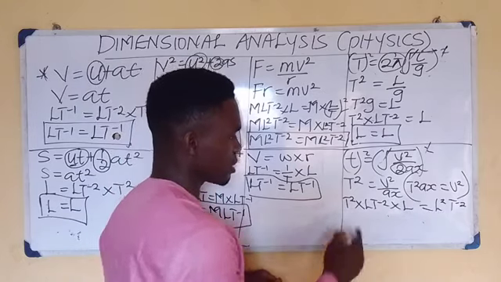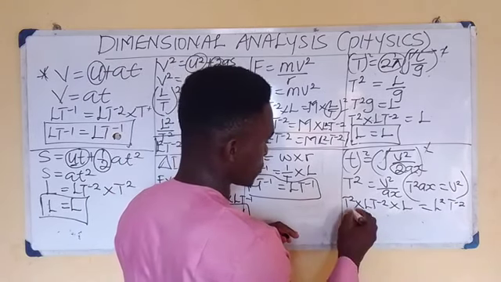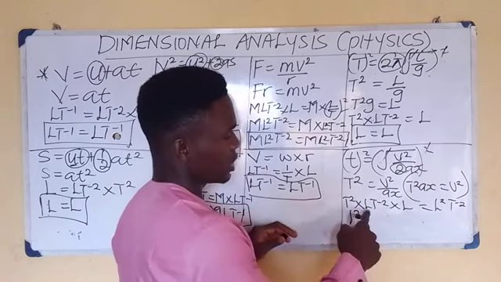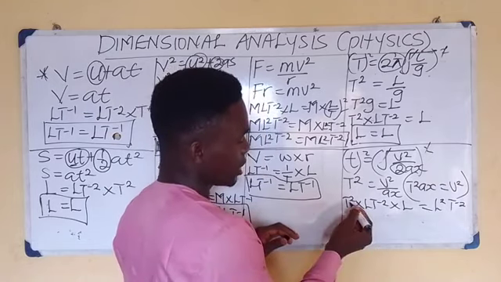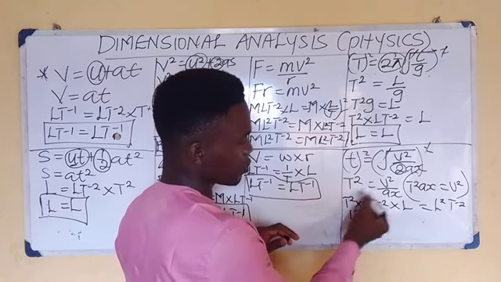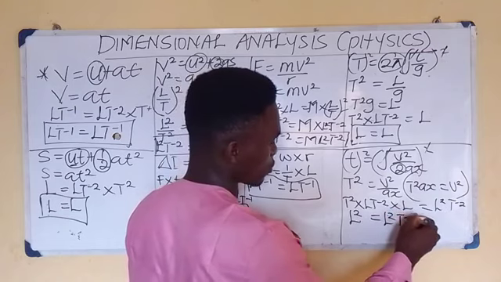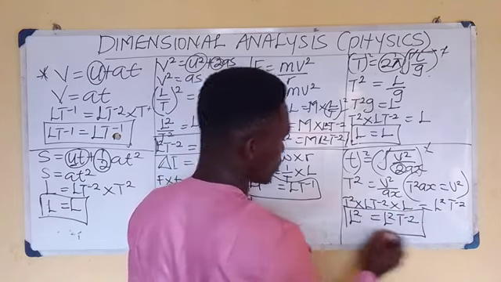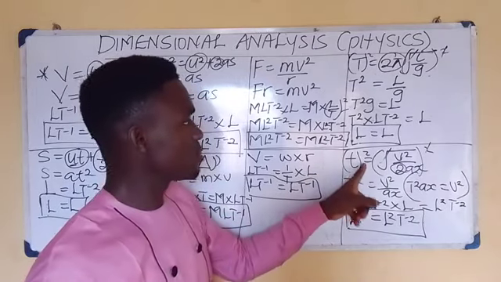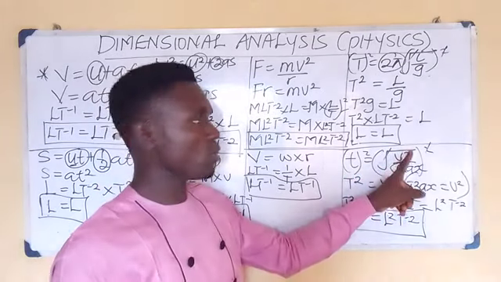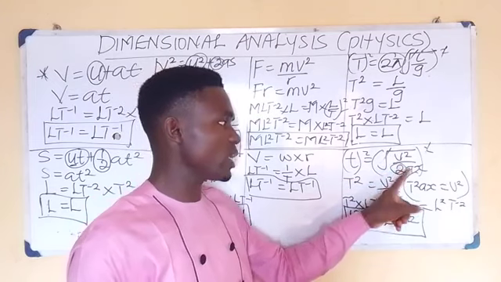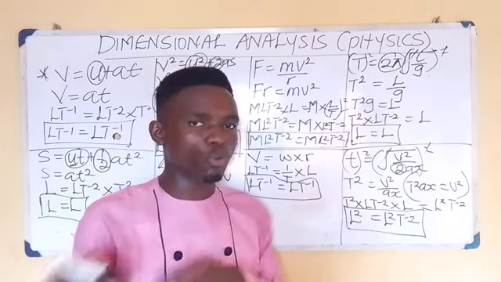So L times L is L squared. Then plus 2 minus 2 is nothing. So I'm having L squared T minus 2. So it means that T equals big root V squared over 2AX is dimensionally incorrect,